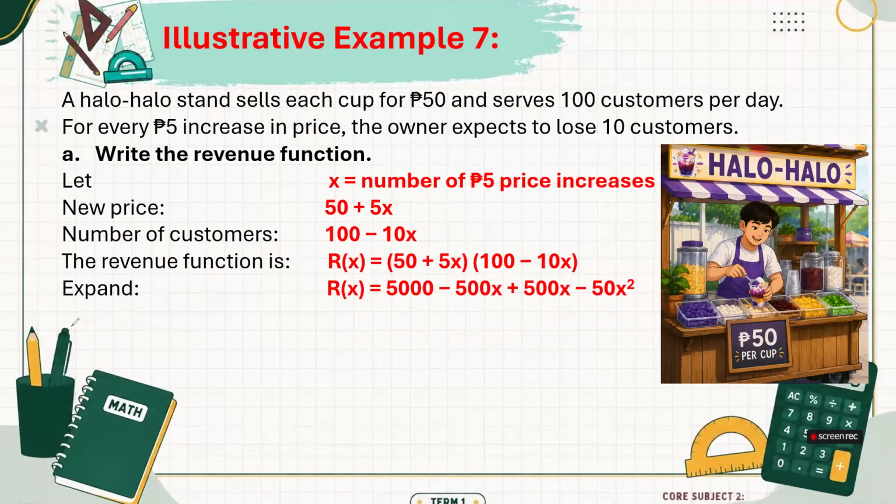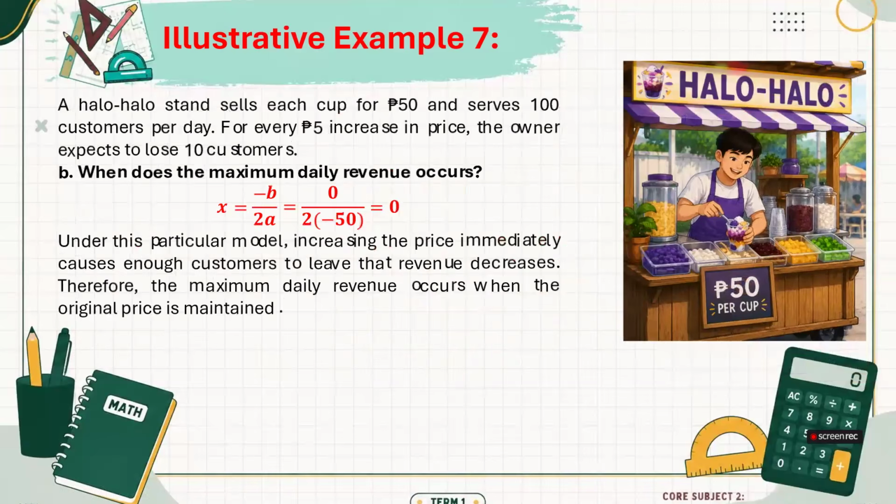So we are making it standard, right? The standard form starts with the x squared followed by the bx and then the constant. But in this case, there is no bx. Our a, or I mean, there's no b. Our a is negative 50, and this is our c. But remember, for the maximum value we don't need the c. We only need a and b to find the maximum revenue. So that will lead us to question c. Okay, this should be question 6.